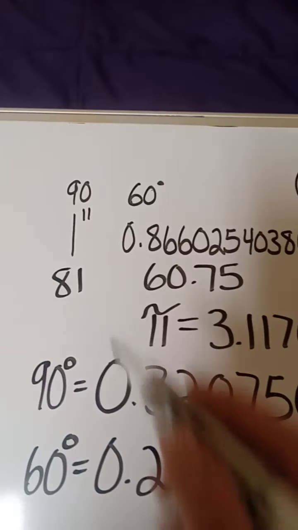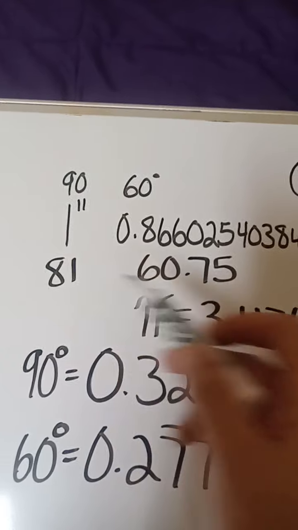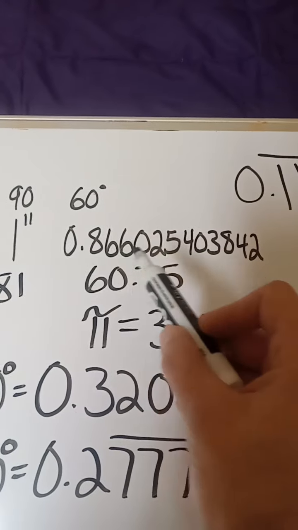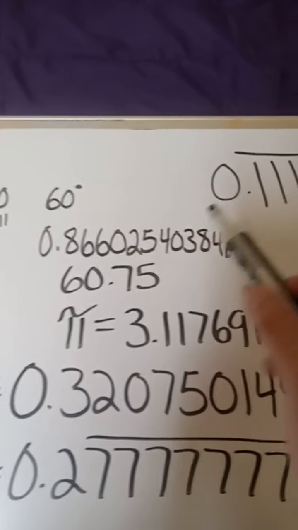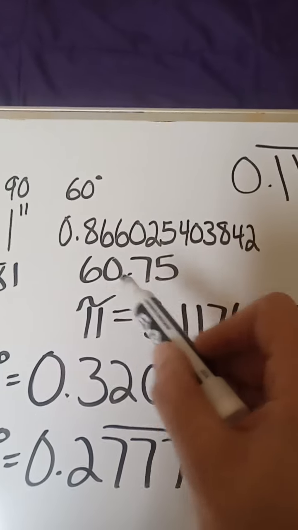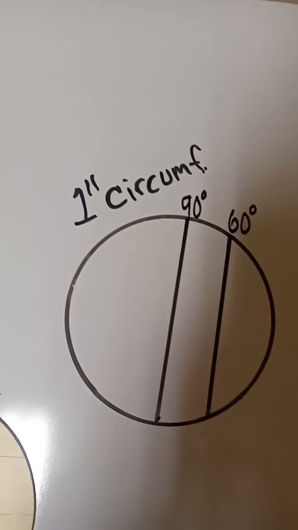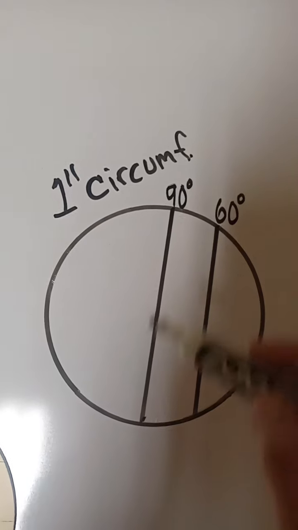with the 1-inch radius, and how the squares interact with 0.1 repeating squared. A 1-inch radius squared divided by 0.1 repeating squared will equal 81, a whole number. At 60 degrees, this number right here, which is equal to the square root of 0.75 squared, divided by 0.1 repeating squared, equals 60.75. Why they don't teach you the 1-inch circumference circle is because they don't want you to realize the diameter